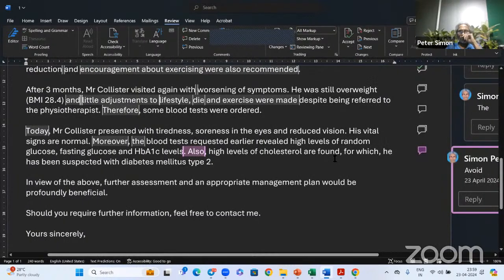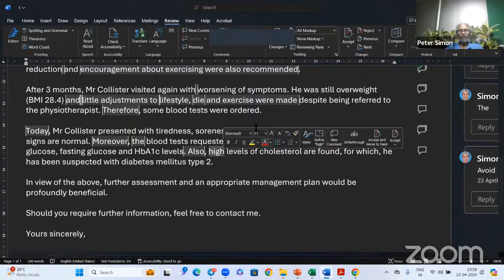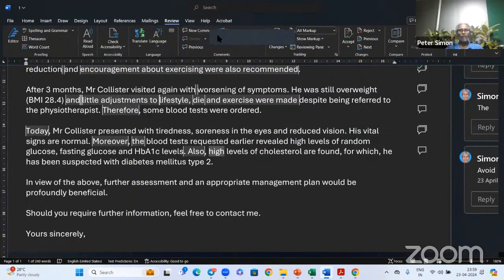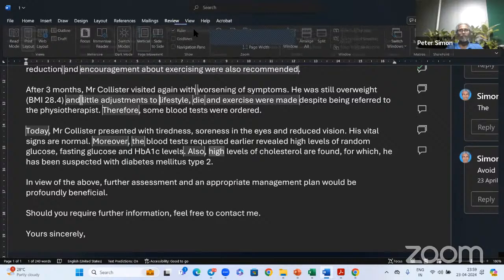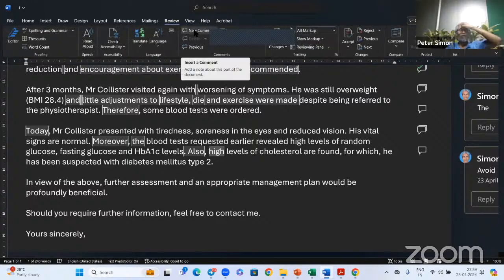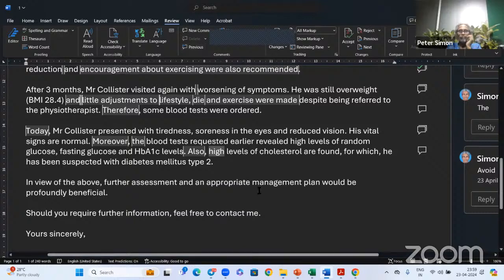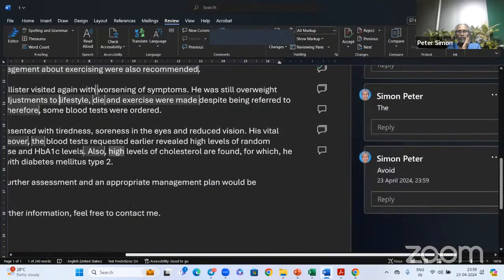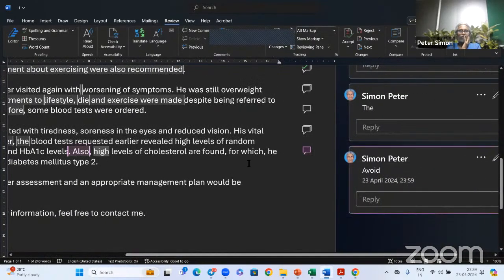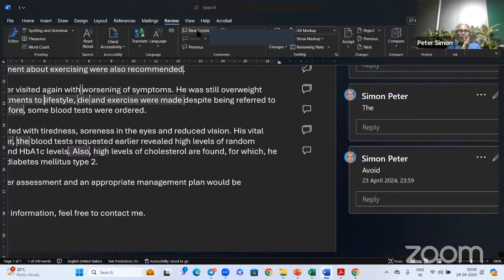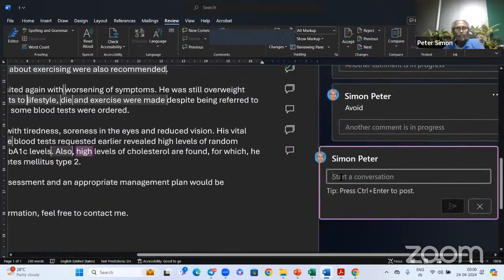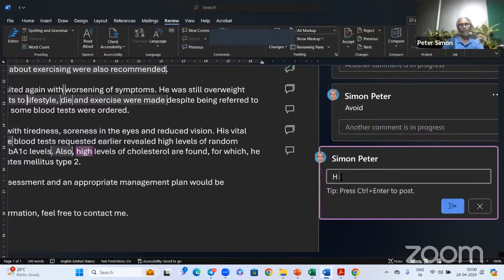High levels of cholesterol are found. Start with a capital letter. This is high with a capital letter. High levels of cholesterol are found,